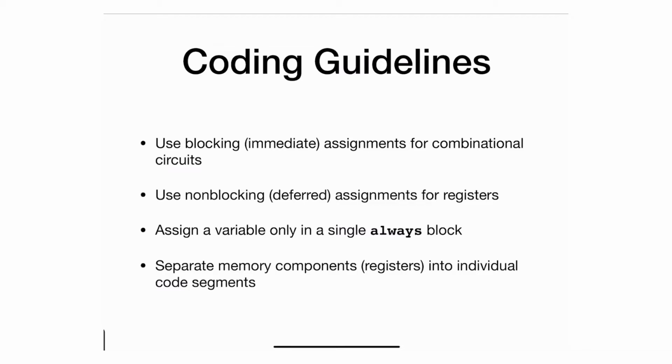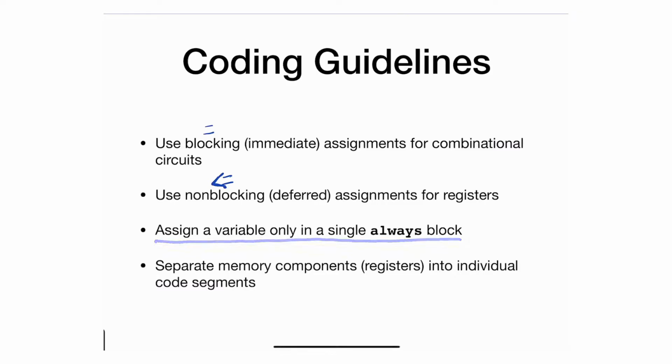Whenever you're writing code, think: am I writing a combinational circuit or a sequential circuit? If you're writing a combinational circuit, you have to use blocking assignment. Just as a reminder, a blocking assignment lives within an always statement and uses the equal sign. A non-blocking assignment, which is a deferred assignment, is usually used for registers. So if you're writing sequential circuits, registers, flip-flops, think non-blocking assignments and only use this type of assignment. If you follow these two guidelines, it will save you a lot of headache and a lot of errors in your code. The third guideline that I have in here is to assign a variable only in a single